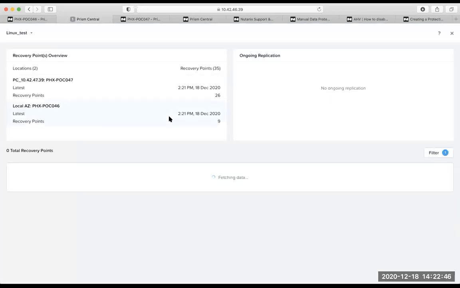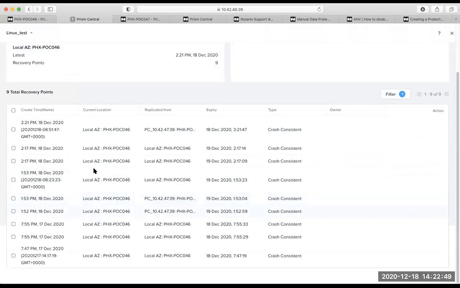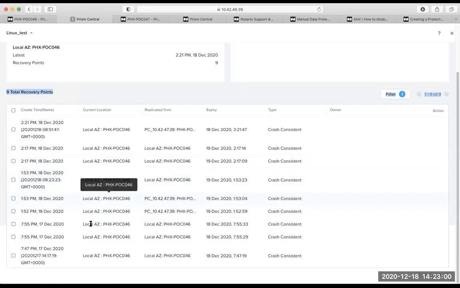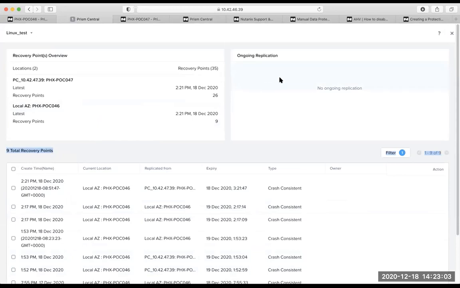And if we were to drill down further, you can see when the replication happened, what the expiry date is, everything. All the details are shown here. So you can see there are a total of 9 recovery points. This is of course customizable, and based on the policy, you can either increase or decrease these points. And for the 2 locations, 46 and 47, these are the total numbers. So there are total recovery points of 35. You have 9 recovery points in the DC, and because the 47 number is a DR, you have some recovery points happening here as well.